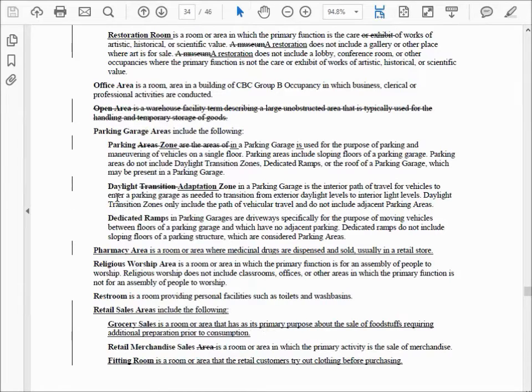And please note that while daylight transition zone is being renamed daylight adaptation zone, it appears right here in the preceding paragraph. So I think you can guess what my recommendation will be on this change of definition.